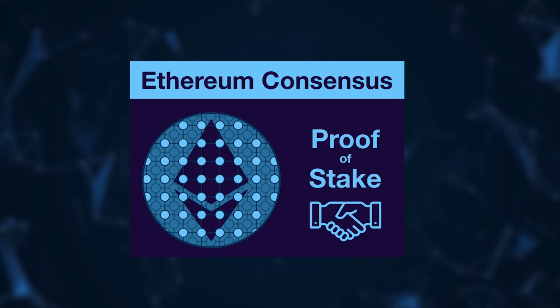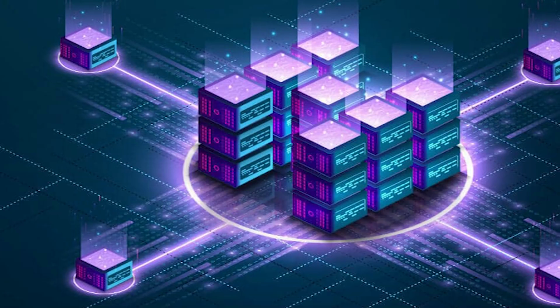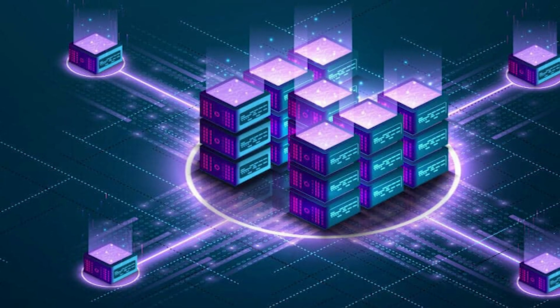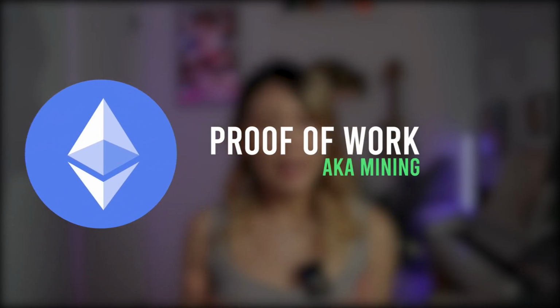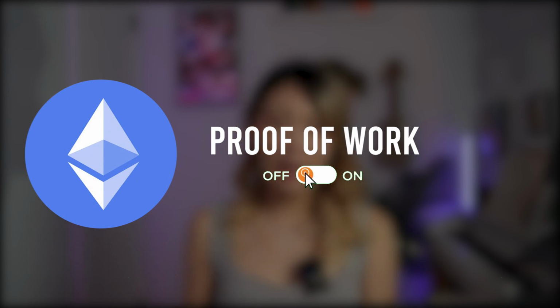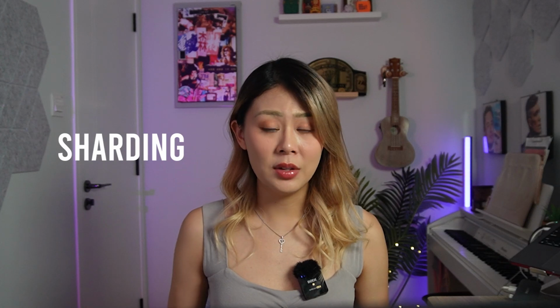Ethereum uses something called proof of stake for this. With proof of stake, participants can stake the ETH to become validators. These validators process transactions and add new blocks to the blockchain, helping keep the network secure and running smoothly. In September 2022, Ethereum switched from proof of work, or aka mining, to proof of stake, making the blockchain more scalable and energy efficient. There are also future upgrades planned like sharding, which will make Ethereum even faster and more